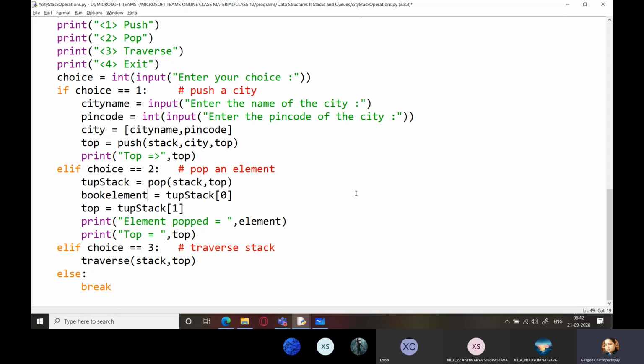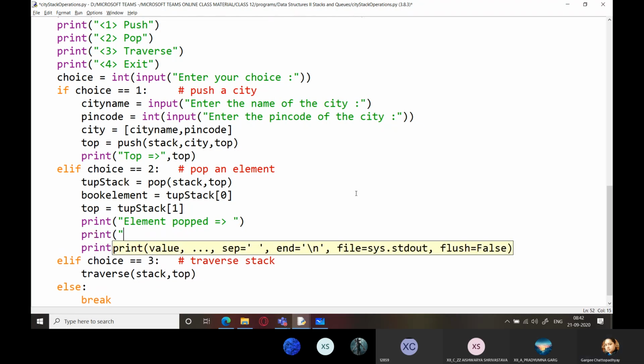So this book element is what? It is actually a tuple. So now for this tuple, you are going to just write the statements like this. Print title, book title is, book element 0.